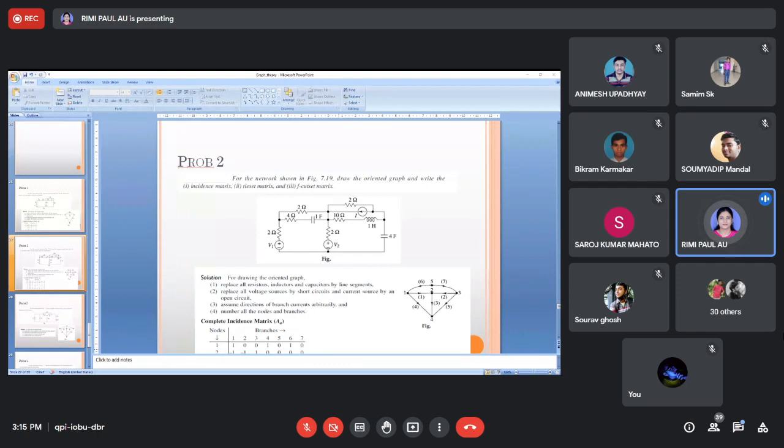A tree contains all the nodes but no closed loop. We can take 4 3 2 7 branch. দেখো তো ট্রি ফর্ম হবে 4 2 3 and 7 branch, 1 2 4 3 5. না 1 2 4 3 নিলে লুপ হয়ে যাচ্ছে, দেখো লুপ থাকা যাবে না। Ma'am 4 2 5 7.